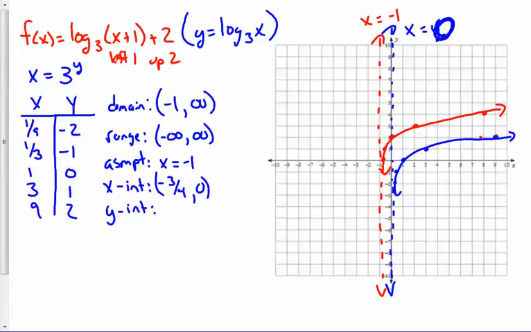So when x is 0, we get 2. So 0, 2. It is increasing always. So we'll say it'll follow the domain -1 to infinity. And it is decreasing